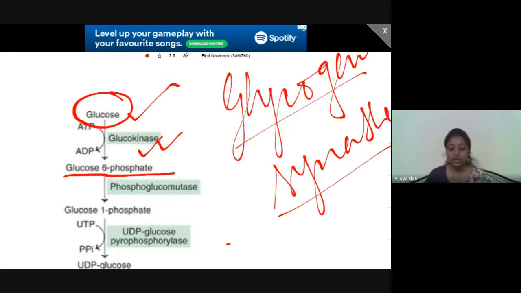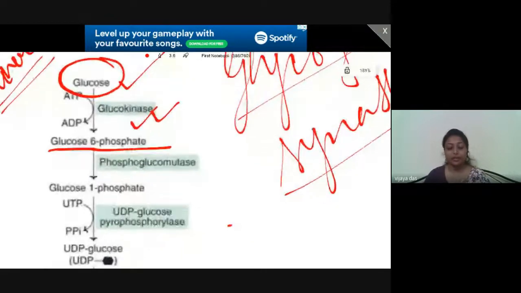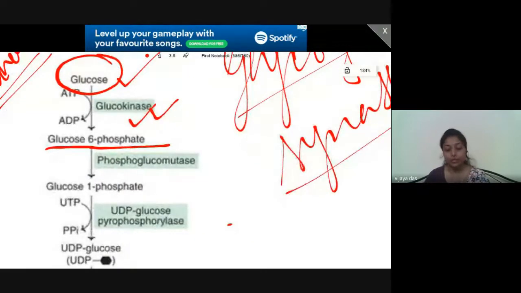So you see, this entire process that is shown is actually occurring where? This process is actually occurring in the liver. Correct. So what happened? The glucose which was there in the liver, in the presence of glucokinase, was converted into